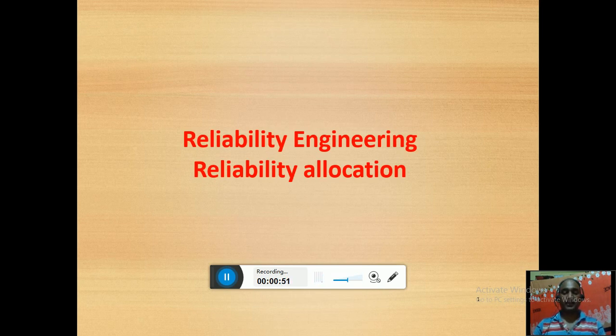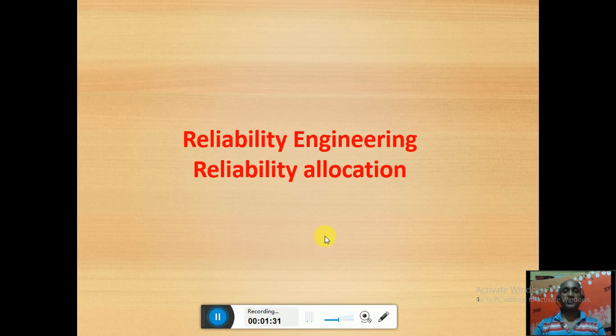For example, if you want to manufacture a mixer with a reliability of 90%. Reliability of the mixer being 90% means we have to make the reliability of each component of the mixer such that when all those components are put together to form a configuration, it results in a reliability of 90%. So when we have the target of the system reliability, we have to allocate the reliability to its elements. Therefore, we have different methods to allocate the reliability.